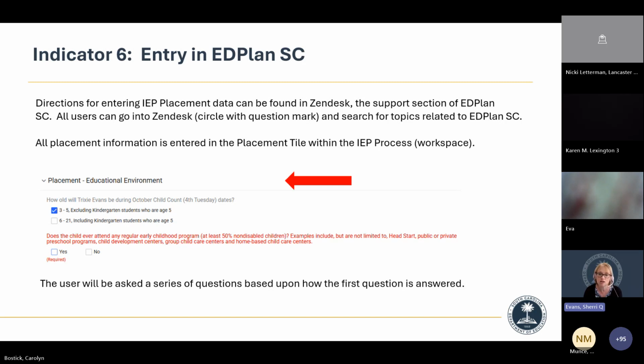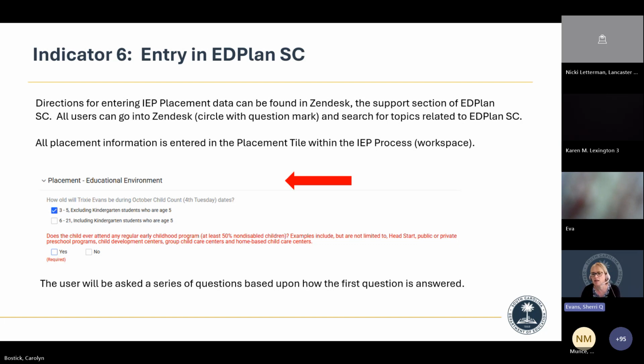At this point, until changes are made in the system, you will document any other LRE in the prior written notice. Okay, so always answer it as to where they will be on that 4th Tuesday in October. What is really nice about the system is it really has that decision tree that we've used for years embedded. So you answer a question and then it populates the next question accordingly.